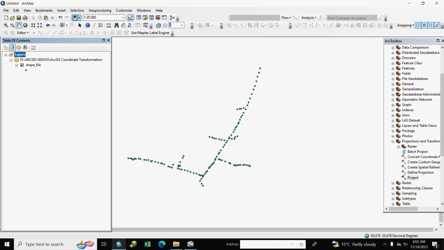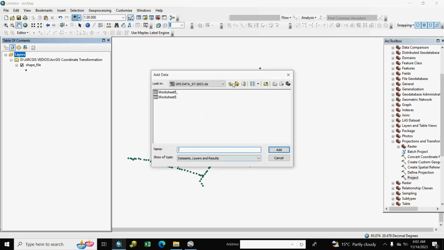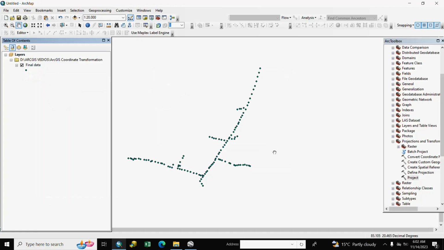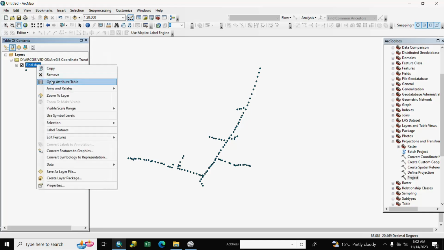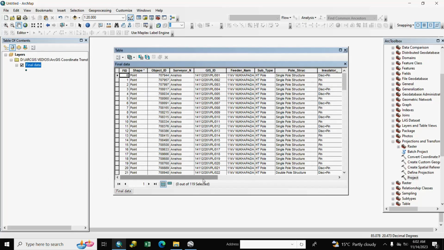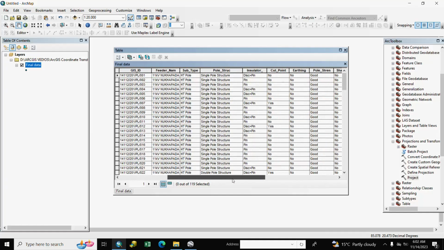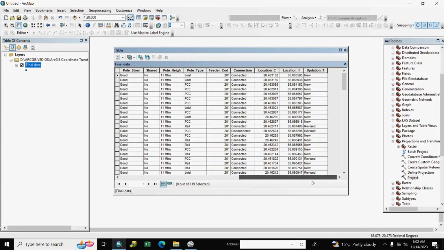We add the final data, remove the old one, and it's converted to UTM zone. You see your data is converted to a shapefile.